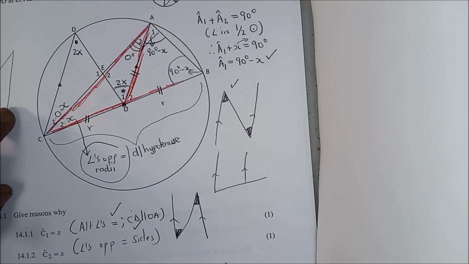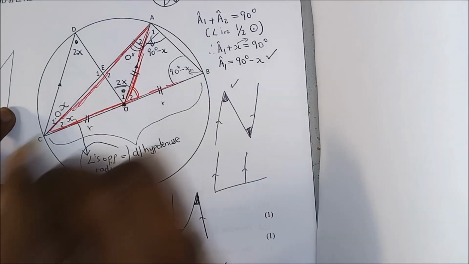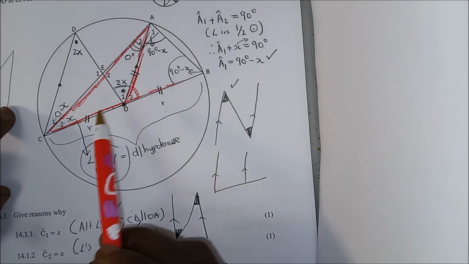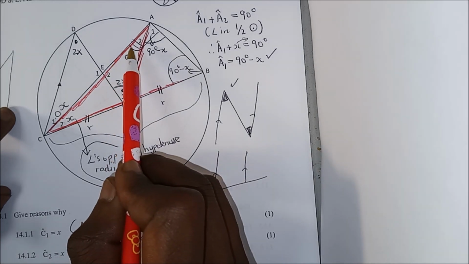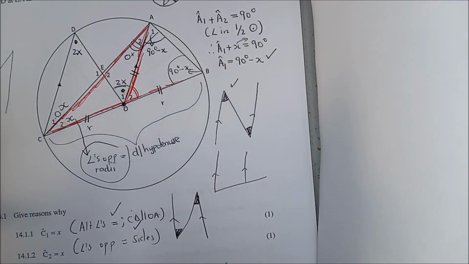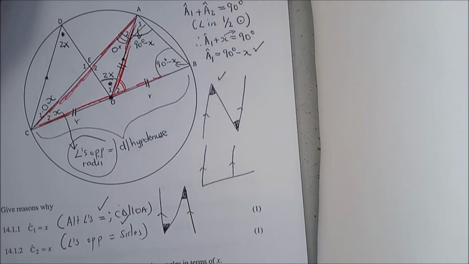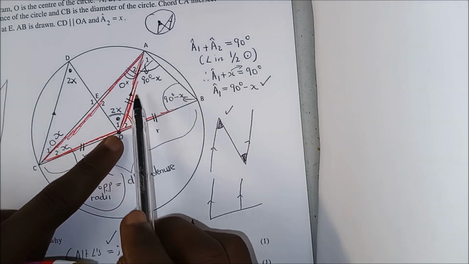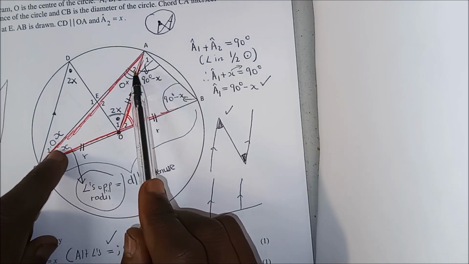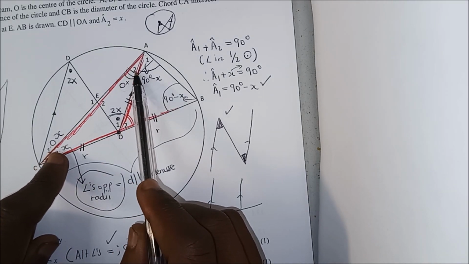Can you see that triangle? Look at that angle there. Can you see that this angle is equal to that angle plus that angle? The reason is exterior angle of a triangle. So now if O2 is equal to A2 plus C2, and remember that A2 and C2